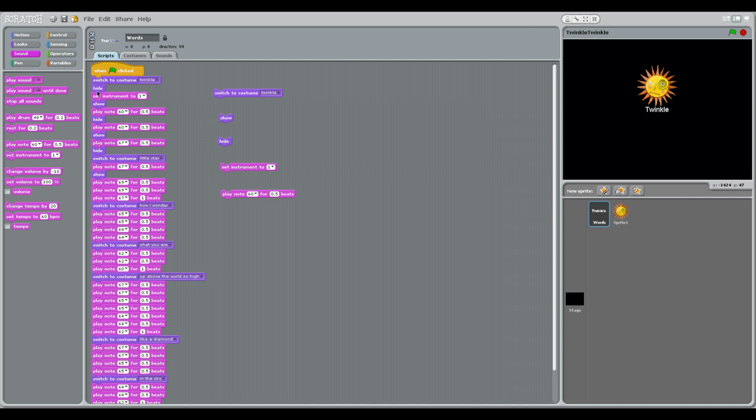And then we're going to say hide it, set instrument to 1, because we don't want it there at the start. We want that to come up when the music starts playing. So then we're going to say show, and then we're going to say play note, hide, show, hide. And that twinkle is going to twinkle. So if I show you by turning it on,